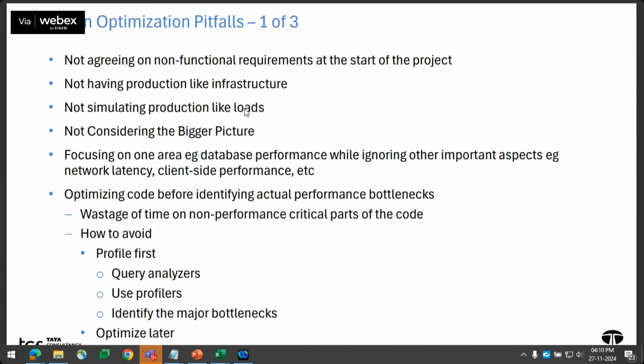We need to simulate production-like load, and then do the profiling of the application. So not considering the big picture, instead concentrating on one small component, we might improve performance there, but the performance bottleneck could be elsewhere. So we need to basically identify the bottleneck